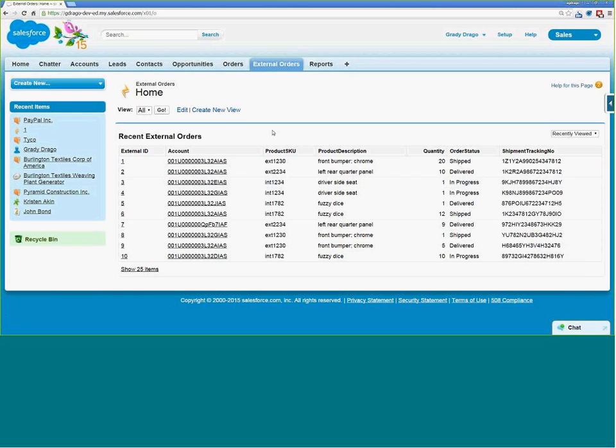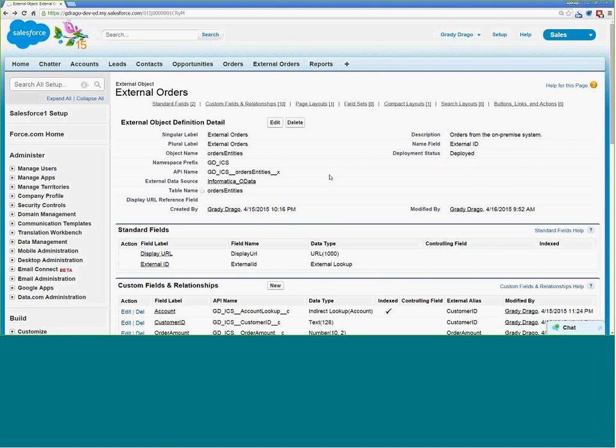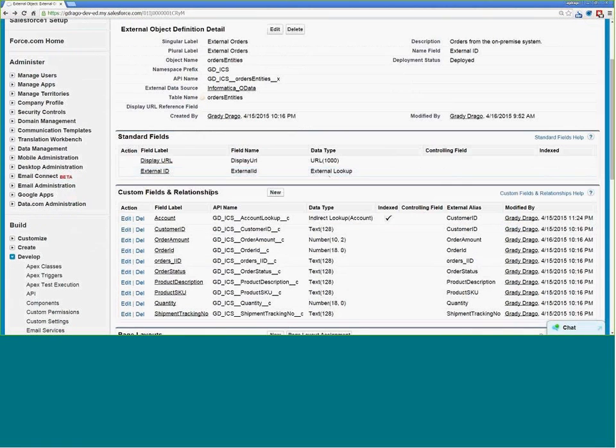Now, this is great, and this is undoubtedly valuable since this external object is now available to Salesforce admins and to Salesforce developers with certain caveats. But the real benefit is when we take this information and we actually, at a high level within Salesforce, relate it.